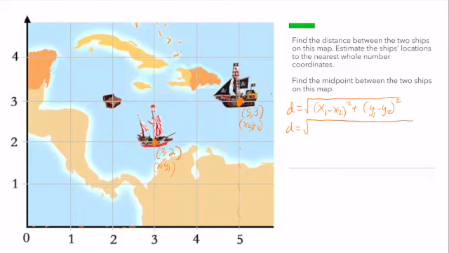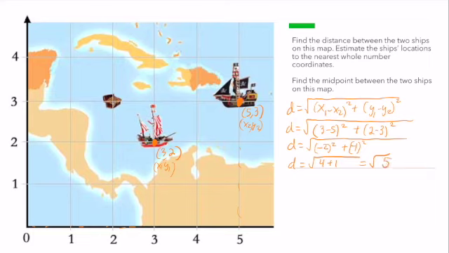I get the distance is the square root of 3 minus 5 squared plus 2 minus 3 squared. So I'm going to get the square root of 3 minus 5, which is negative 2 squared, plus negative 1 squared. So I get the distance is the square root of 4 plus 1. So the distance between these two ships, the length of this line segment right here, is the square root of